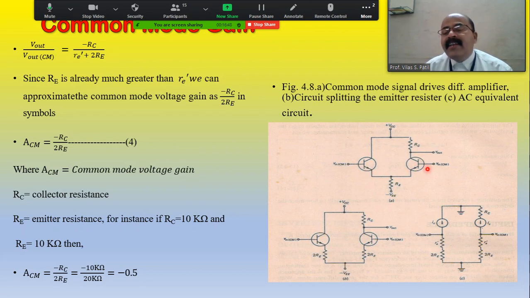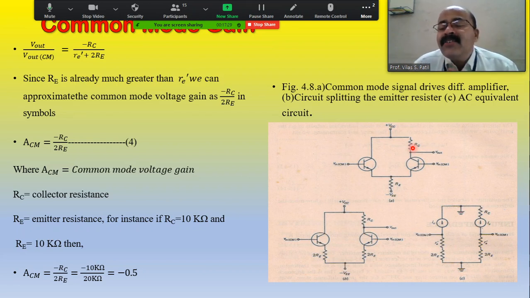This is the other transistor, T2, and the common voltages are applied at the bases. This is VinCM and this is VinCM; both the common voltages are applied. This is VCC, this is VEE, and this is Vout, the voltage taken out here. This is RC, the collector resistor. This resistance will be used to balance the bridge, that is, to balance the